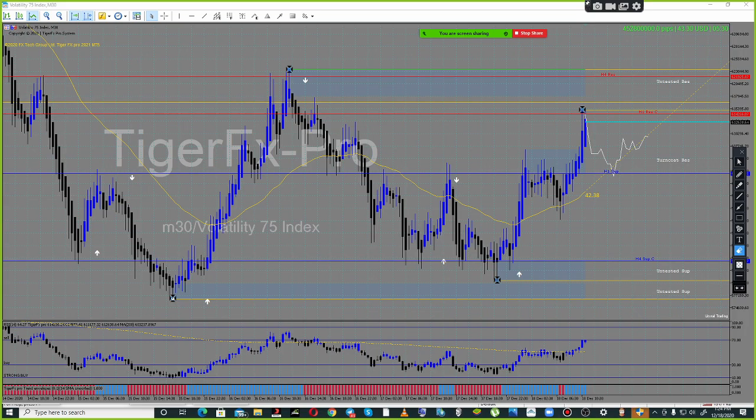Because if I enter here, and my stop loss is here, I'm going to look for 1:1, I'm going to look for this, or 1:2. Okay, I'll get out. I'll put my take profit there. Even when price decides to keep on going up like this, I won't blame myself that I should have stayed in the trade.